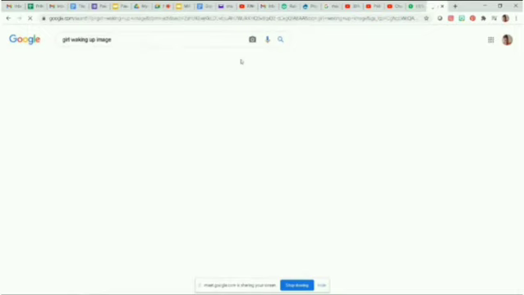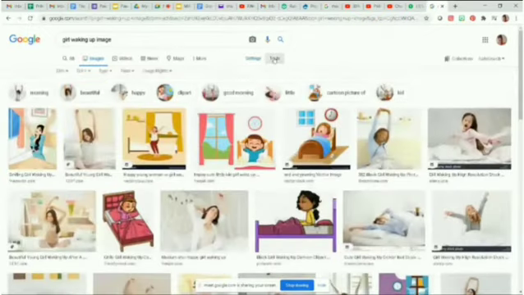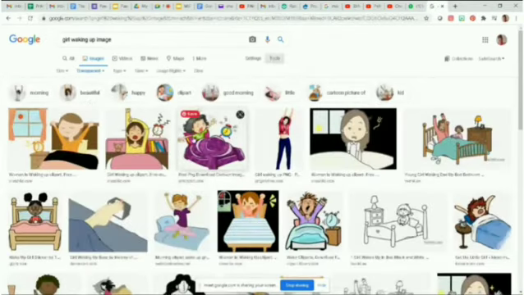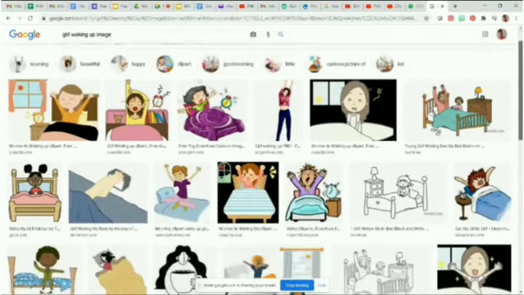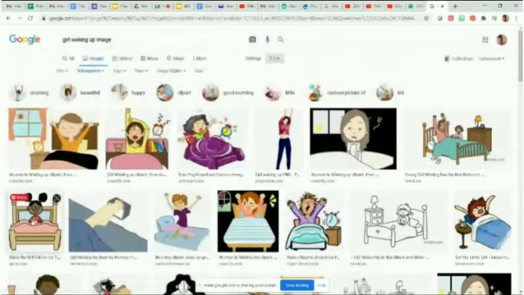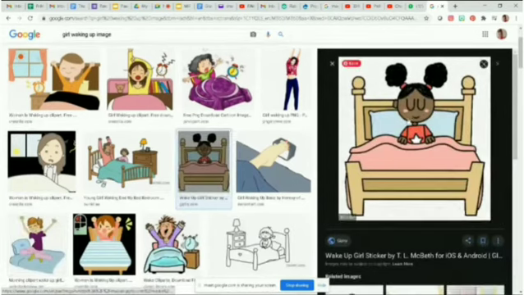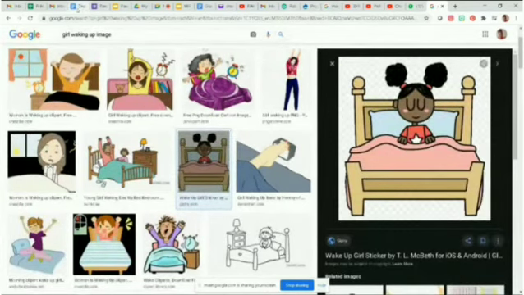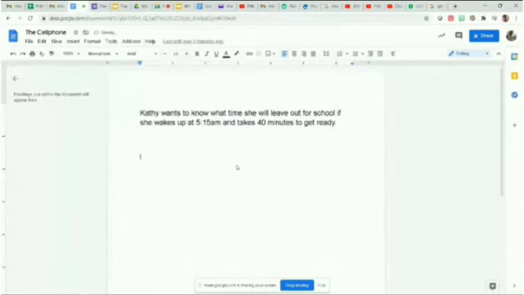Image. Then I want to ensure it is transparent. So I'm going to select tools, color, transparent. And I can select any one of these. So there's an alarm clock here, this one here, and you can just select any one of them. All right, so let me select this one. All right, so let me copy, go back to the document,